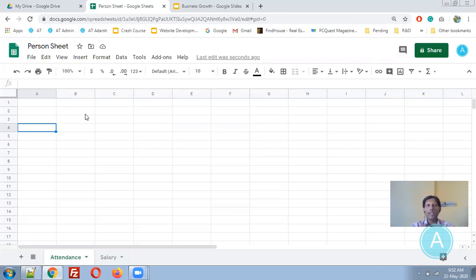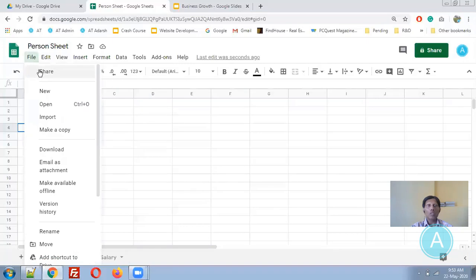This will increase your efficiency and save a lot of time, because exchanging data will not be required. Just edit the data at the appropriate sheet and location, so that you can review what is going on. You can create these sheets for day-to-day sales, day-to-day reporting, pending tasks, and completed tasks. You can use it for many different purposes. So this is the Share option.